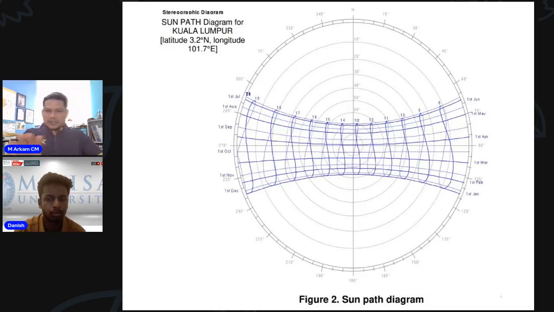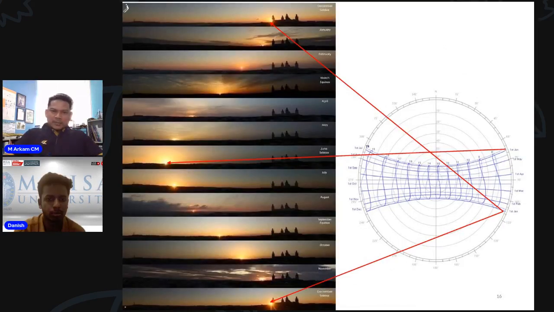So this is the sun positioning. We talk about the Earth like this, and the sun is coming from here, on the right side, from the east, going up and down, up and down. So this is the first thing. But I have more interesting pictures to show you, where the pictures on the left show the location of the sun every month, from January to December.